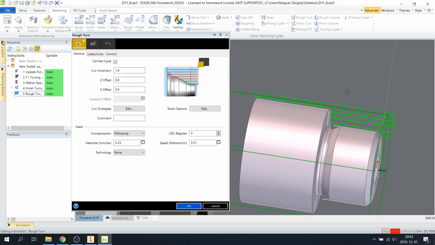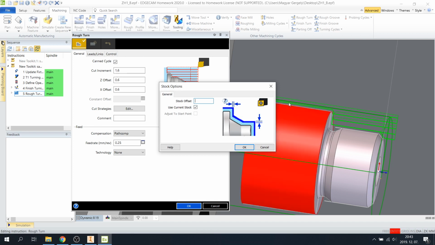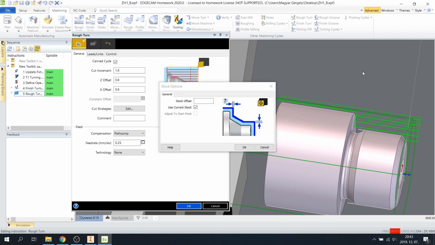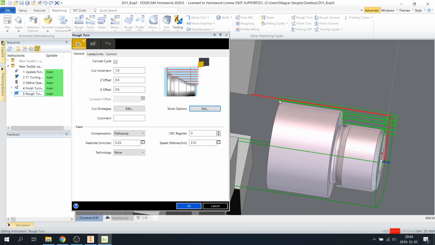Almost everything looks fine, but go to the stock options and edit it. If we have hot rolled steel as our stock, its tolerance is plus minus 0.5 millimeters, so we can give a stock offset of 0.5 millimeters. Okay, and our part isn't